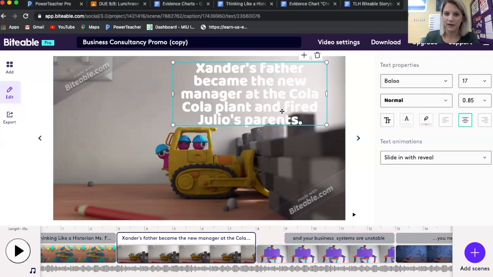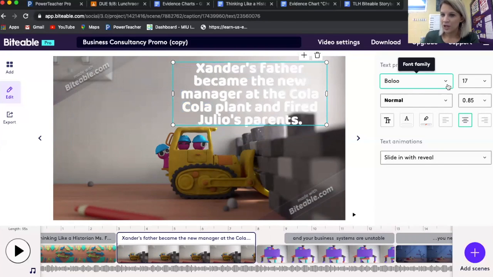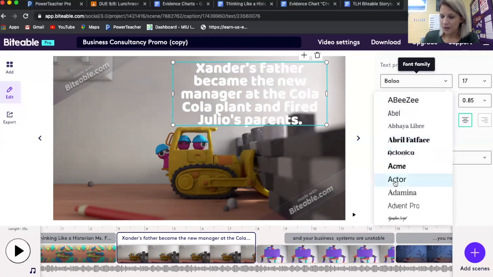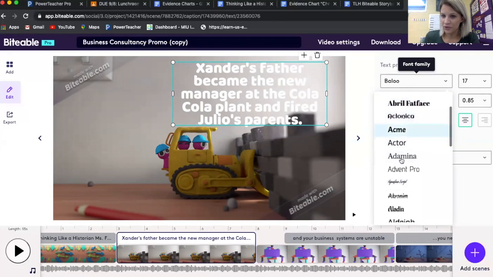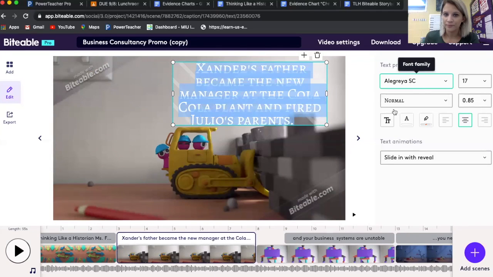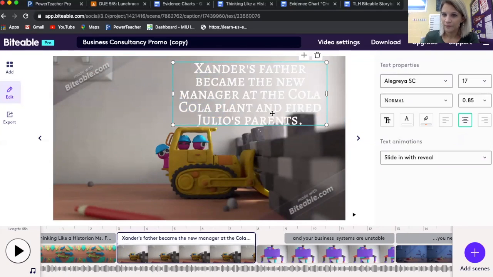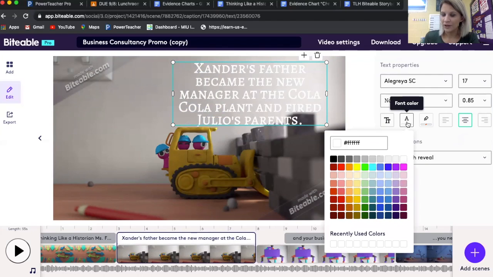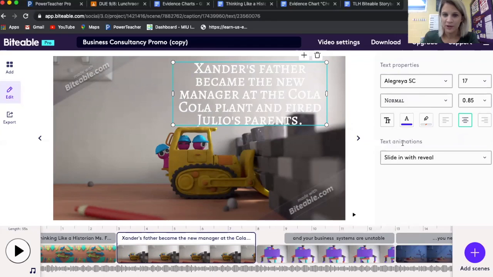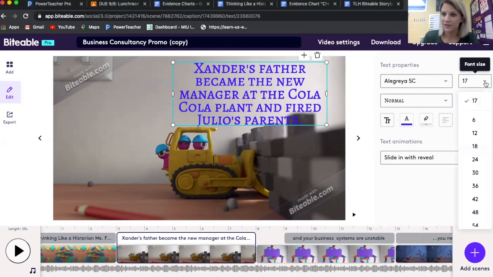I don't particularly like this color or the style. I can change the font style. So let's just go with, I don't know, let's go with this one. And then here, this is the font color button, so I can change that to a different color if I want. I can also change the font size,